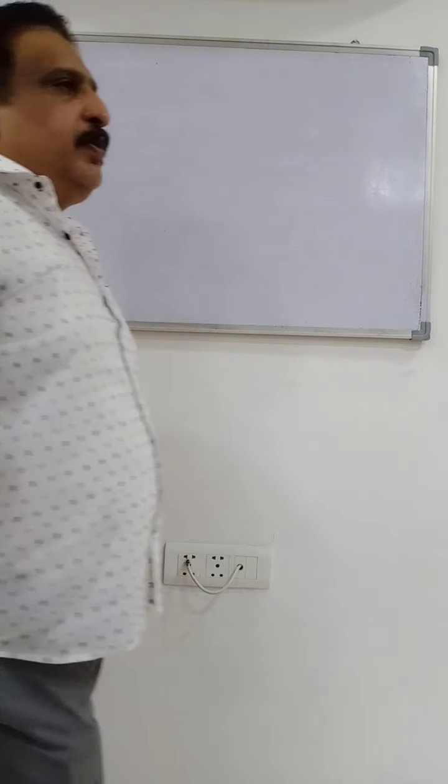Now sometimes you will be asked to calculate the bill. Bill means the cost of electricity. Then what will you do? You will be given power or voltage, and in the same way you will calculate the energy in kilowatt hours. Kilowatt hour is the commercial unit. If you are asked that the cost of 1 unit of electricity is 5 rupees, then you will multiply by 5 to get the bill in rupees.